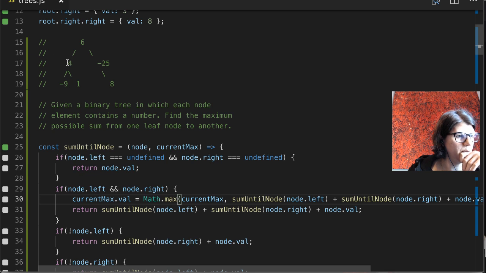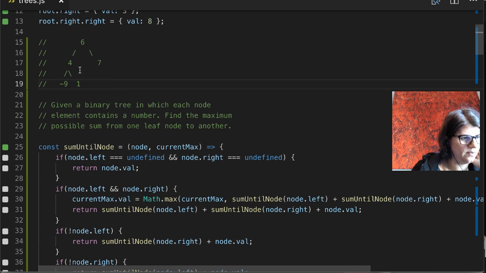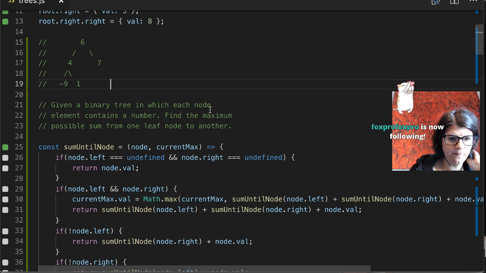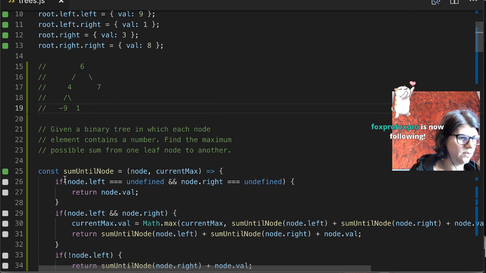Because here I'm going either 146 minus 25.8, or I'm going, yeah, let's make this a little simpler. So if this is our tree, then the sum is 1 plus 4 plus 6 plus 7, and it's not minus 9 plus 4 plus 6 plus 7. So the sum up to node 4 is minus 9 or 1. It's minus 9 or 1. So the sum until node 4